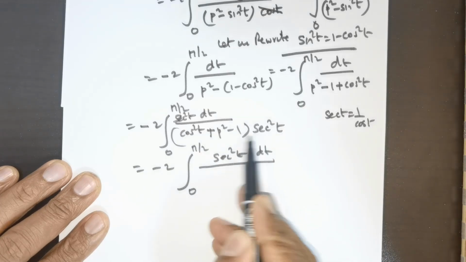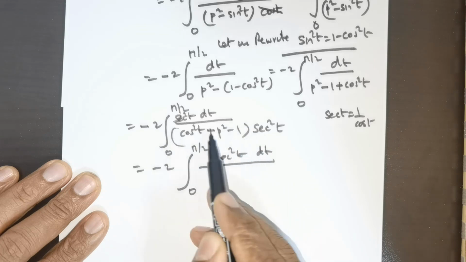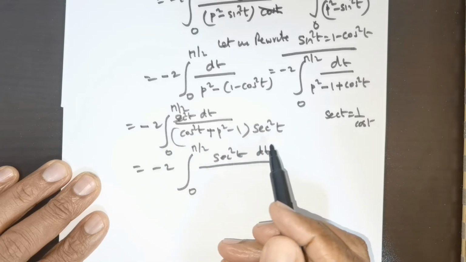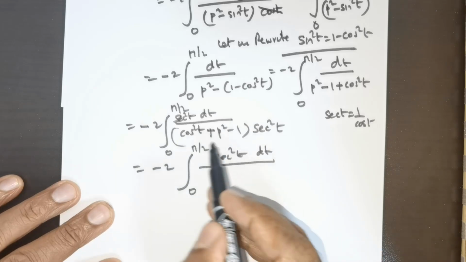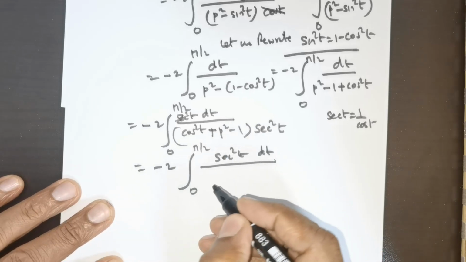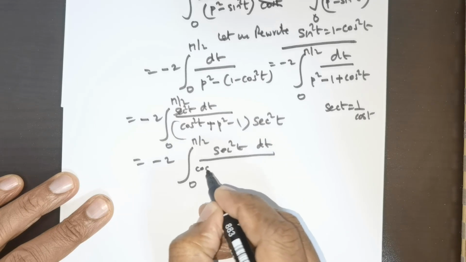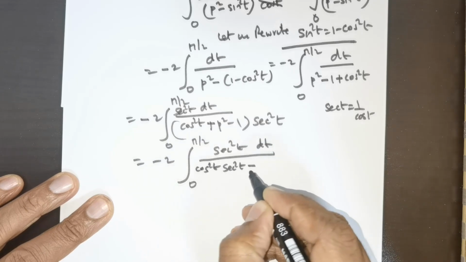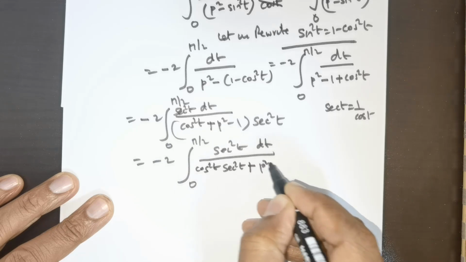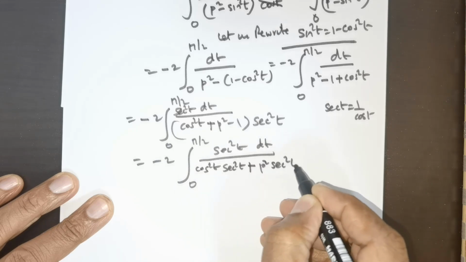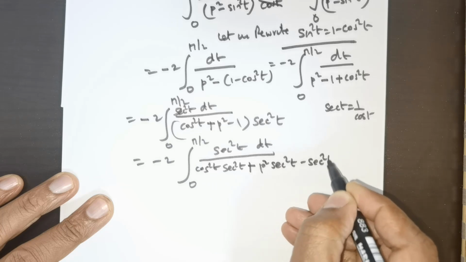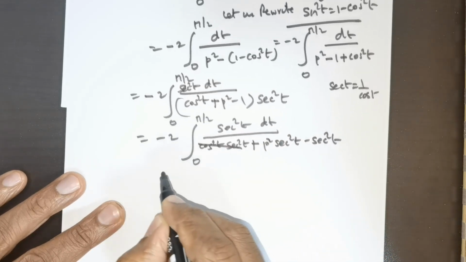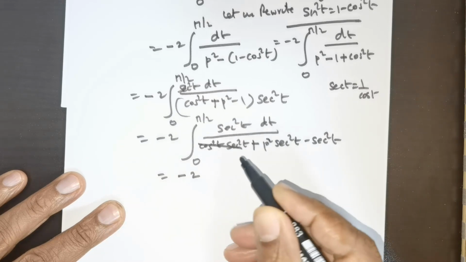So this is multiplying by 1 over cos squared t. That's equivalent. So cos squared t times secant squared t gets cancelled. Maybe I will write one more step: cos squared t multiplied with secant squared t, plus p squared times secant squared t, minus secant squared t. Now this gets cancelled, so you have negative 2 times